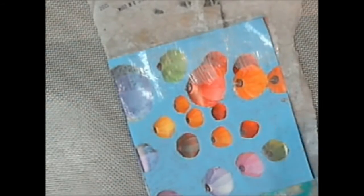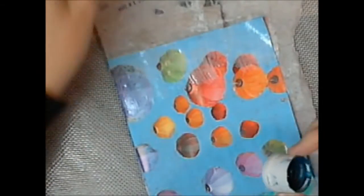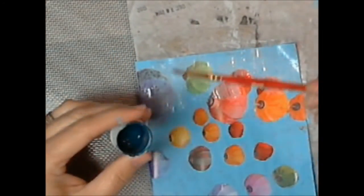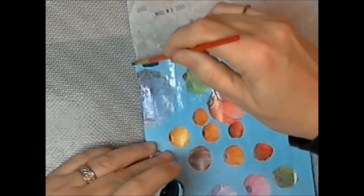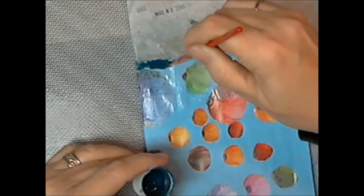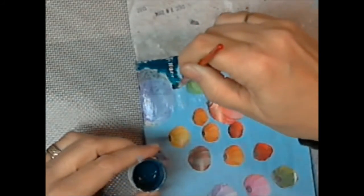And then here comes, I'm using, it's called Mystic Teal. It's a very dark blue green. I don't know that I'd call it teal. It's pretty dark, y'all. Yeah, like a midnight. Yeah, pretty dark. And as you can see, I'm applying it with a very soft brush this time, and I'm